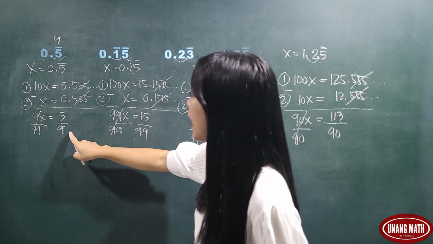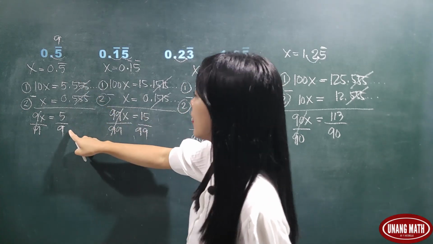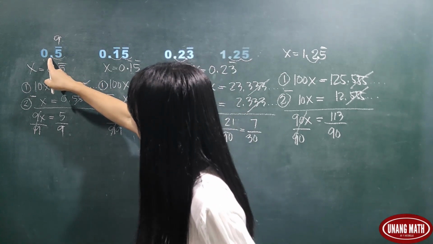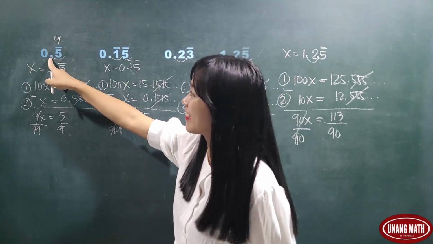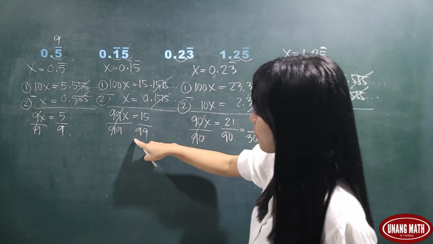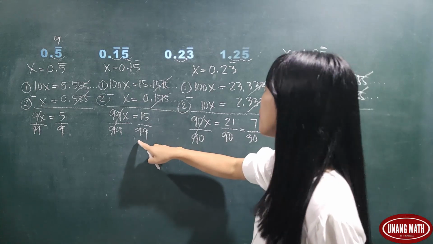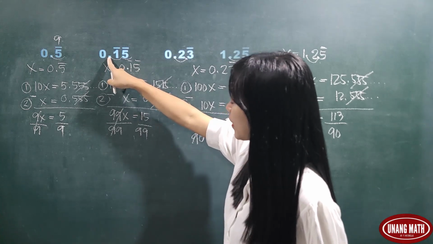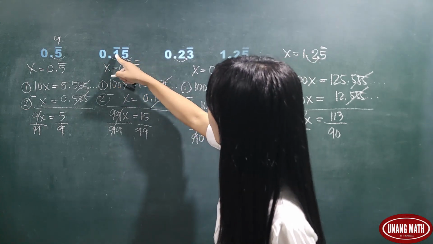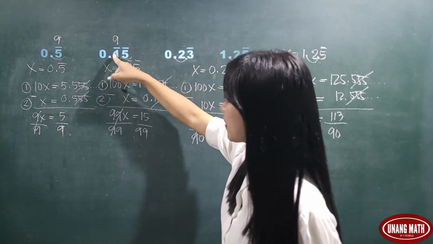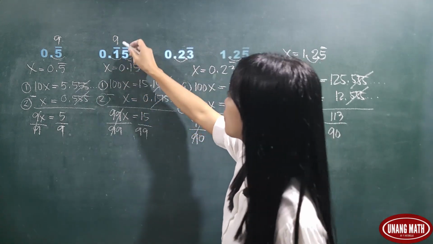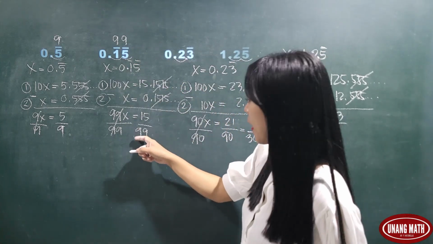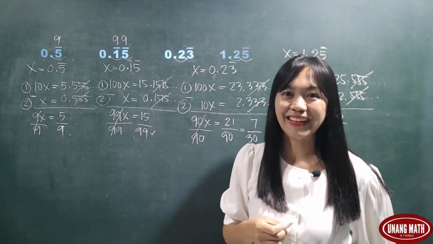So to get the denominator of the fraction, consider the repeating digit after the decimal point. Okay, what about here? Our denominator is 99. How did we get 99? Okay, consider those digits to the right or after the decimal point. So 1 is repeating, so we will represent this as 9. 5 is also repeating, so this is also 9. So that means the denominator is 99.